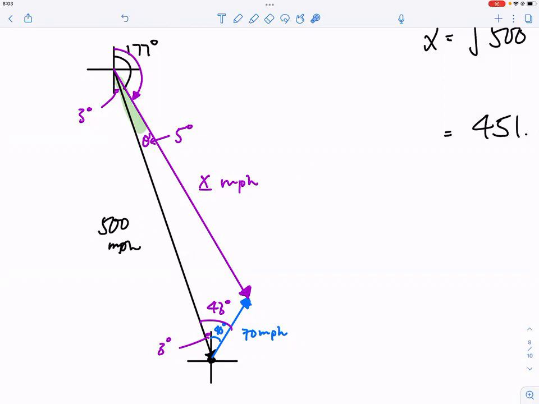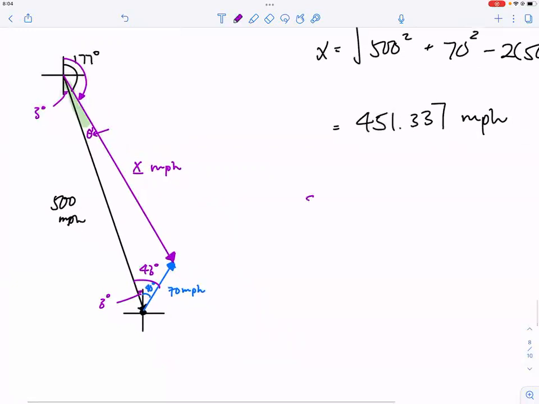We'll say, oh yeah, the black line was 177 degrees. So you go back 5 degrees. Common sense would tell you that it's 172. Okay, so I want you to know how to think hypothetically. And now we say, all right, it's now 5 degrees, so let's go ahead and find the actual angle. We say, oh, sine theta prime over 70 miles per hour equals sine of 43 degrees over